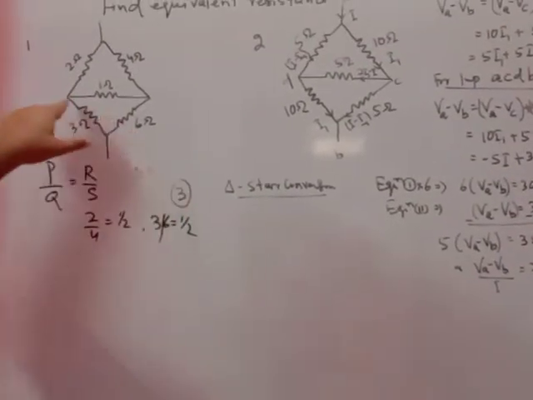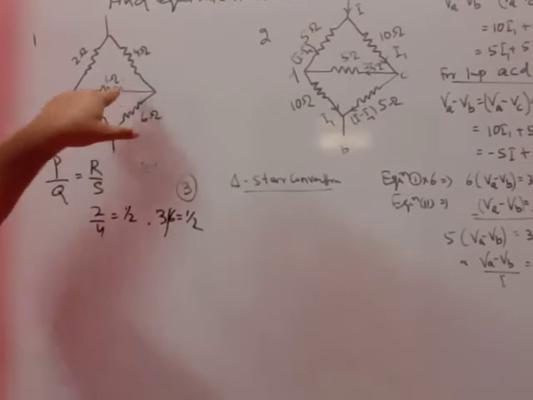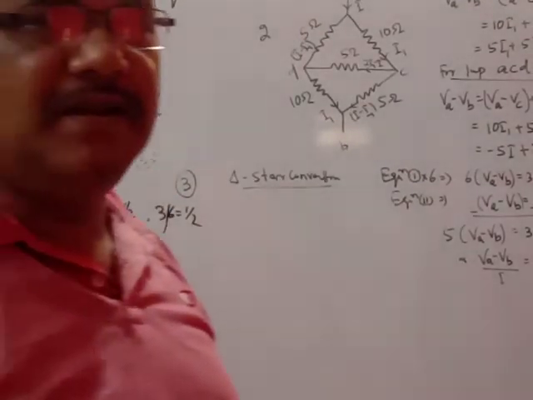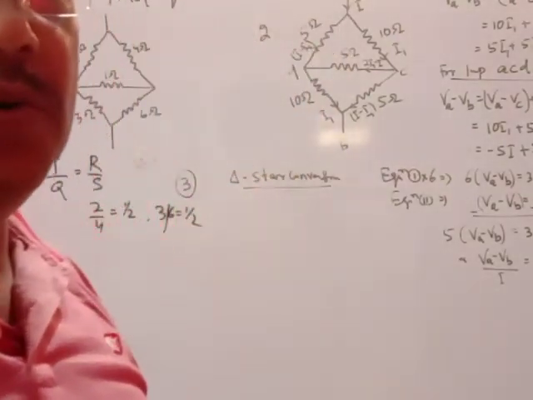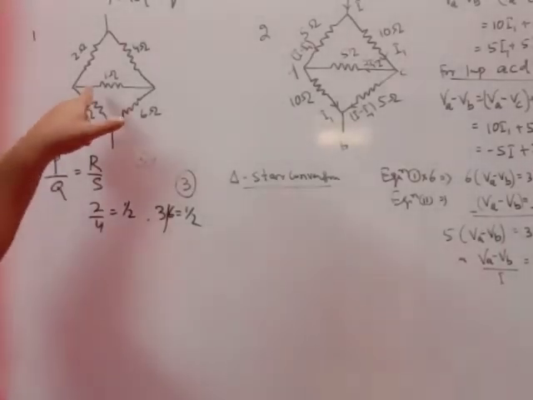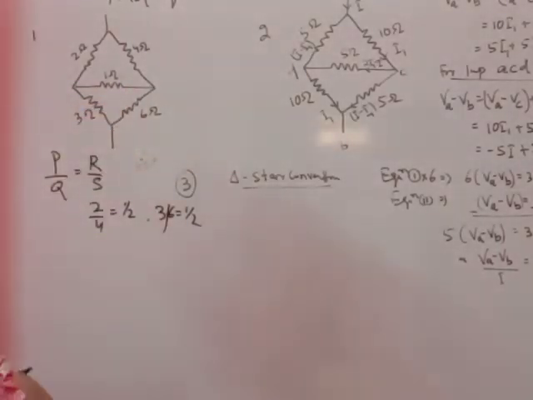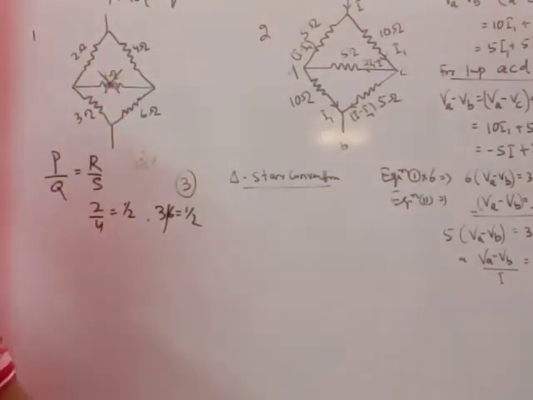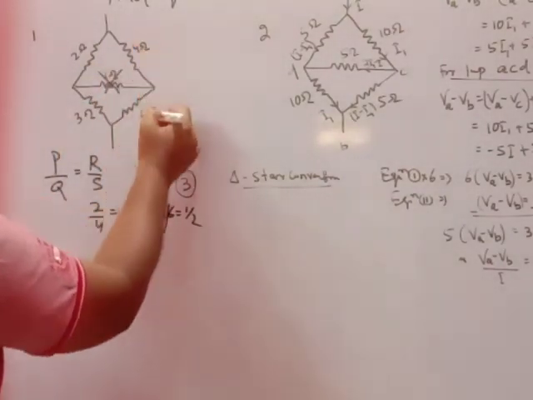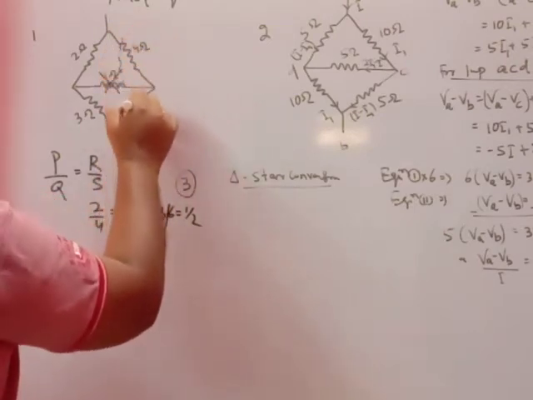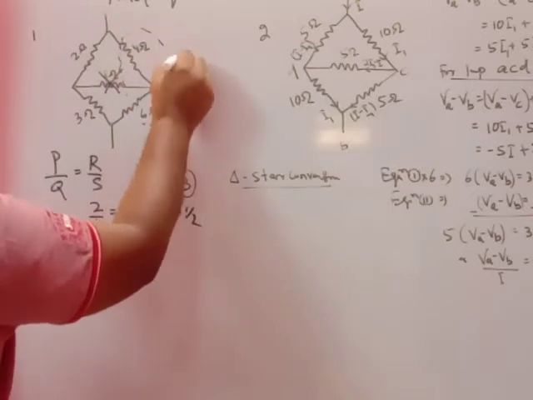So across the 1 ohm resistance, no current will flow, because in balanced condition the galvanometer shows no deflection, means current doesn't flow. So current will not pass through this 1 ohm, means this resistance will be rejected in this case. So simply, this 4 ohm and 6 ohm both are in series. The net resistance of this will be 4 plus 6 equal to 10 ohm,